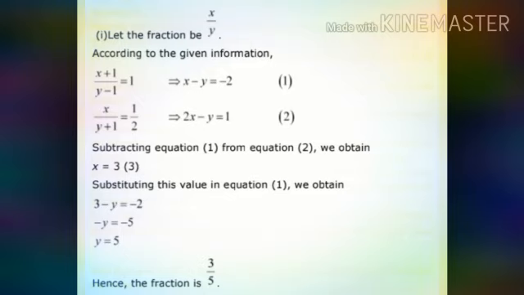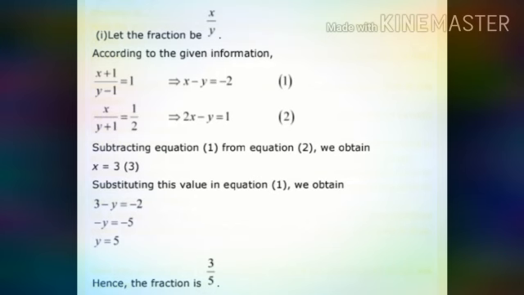Now two equations are formed, and after that there is no need to multiply anything, because in the elimination method we know that the coefficient of one of the variables should be the same. Here the coefficient of y is minus 1 in both equation number 1 and equation number 2. Now it is a simple solution, and finally we derive x and y from here and we can solve it.